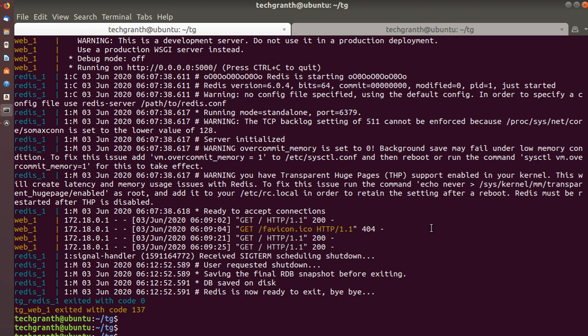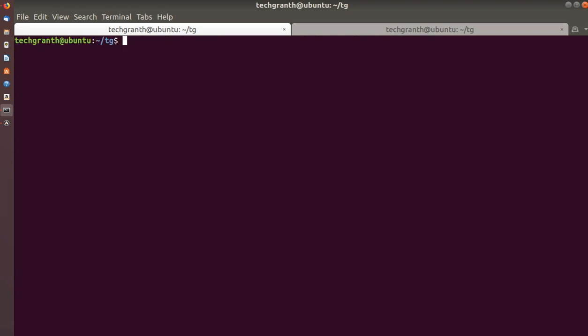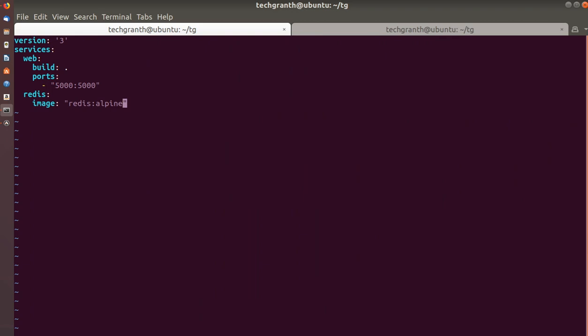Let me clear my screen with Control L, and we will update our Docker Compose file. What we will do here is update two things.